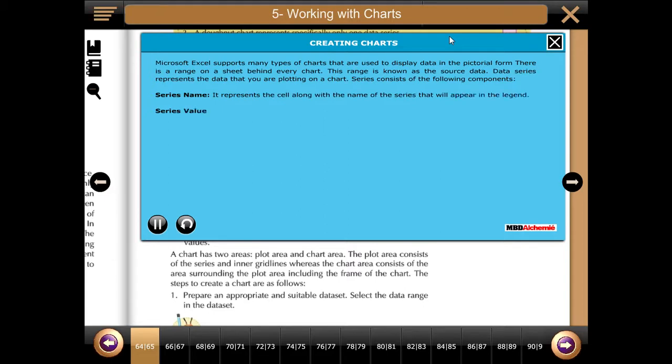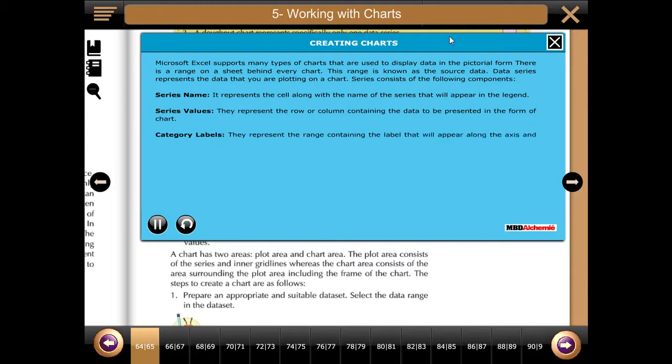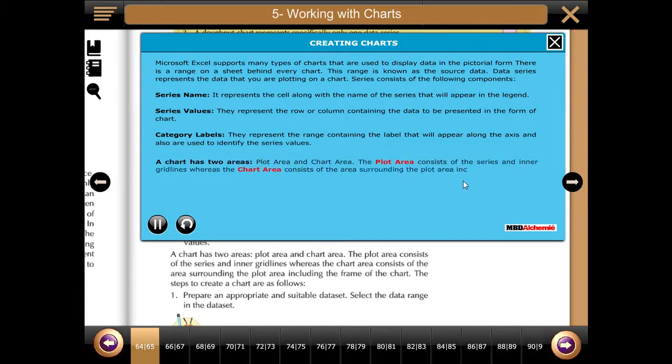Series values. They represent the row or column containing the data to be presented in the form of a chart. Category labels. They represent the range containing the label that will appear along the x-axis and also are used to identify the series values.